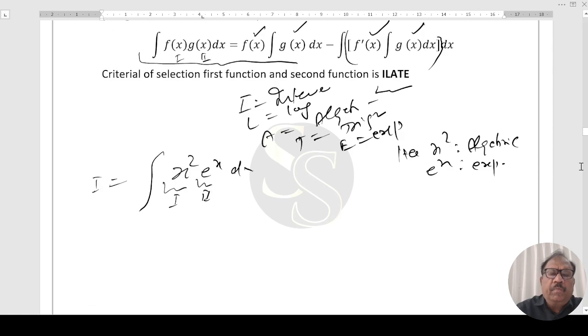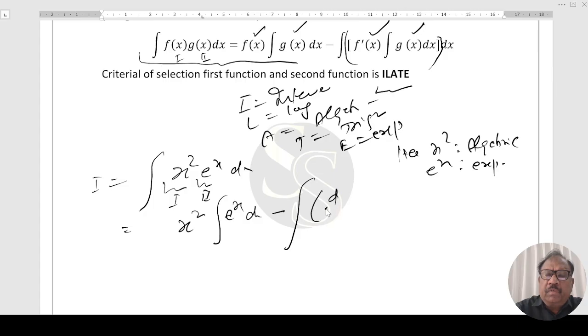Now according to the formula, first function into integration of second function, minus differentiation of first function into integration of second function,